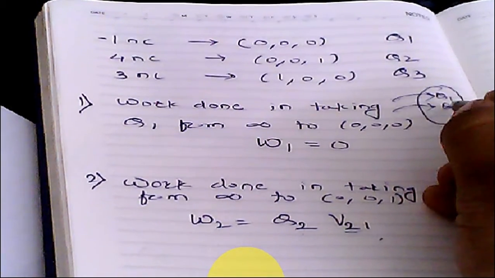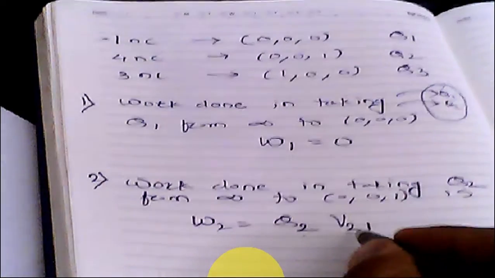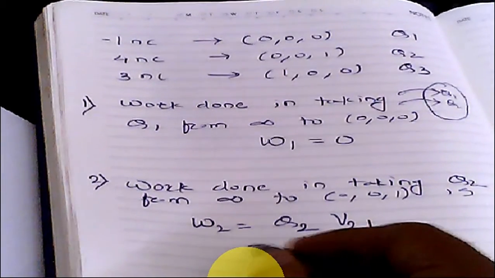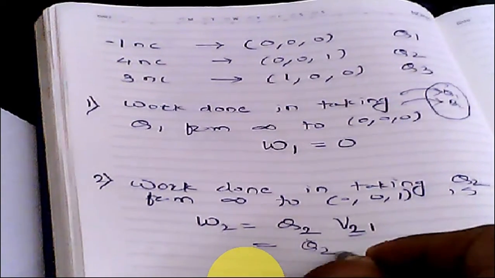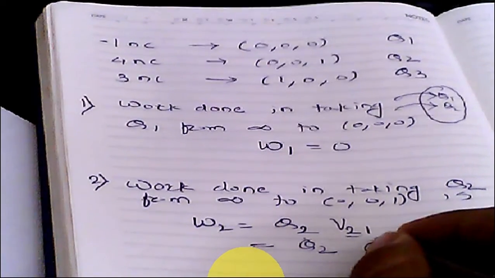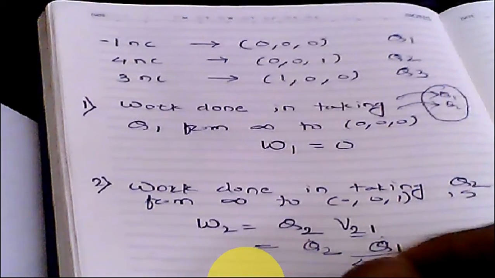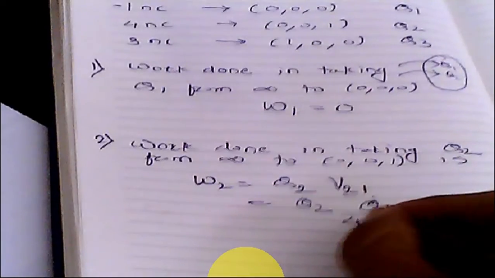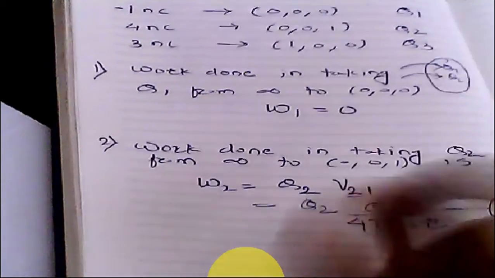So it will come under the influence of the charge which is present at Q2. So potential at 2 due to 1. I already know the formula for potential, so I can write this as Q2 into Q1, because I need to calculate potential at 2 due to 1. So potential due to Q1 will be calculated as Q1 upon 4 pi epsilon naught into R. We'll call this equation number 1.